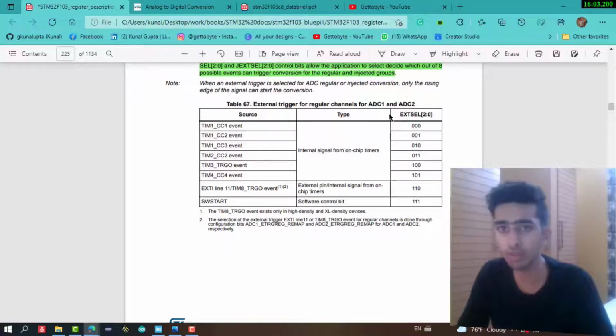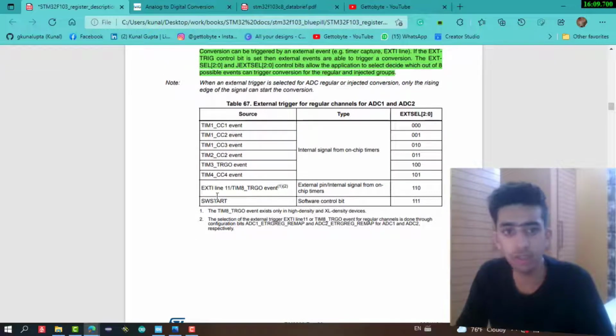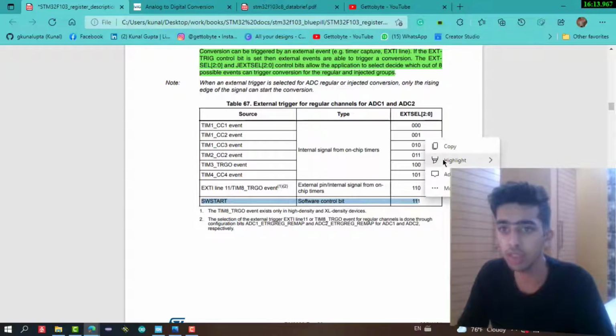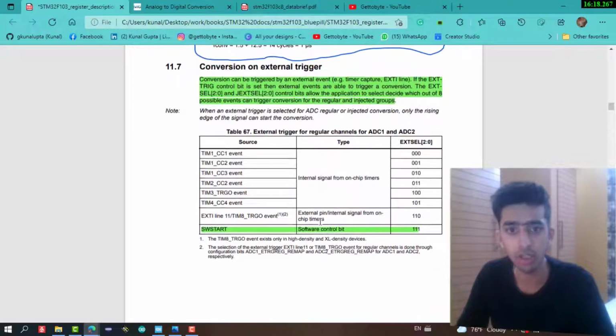We will be using the SW start software control bit, because it's a basic driver. On writing this bit as 1, our conversion will start.